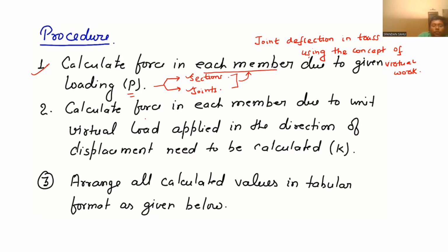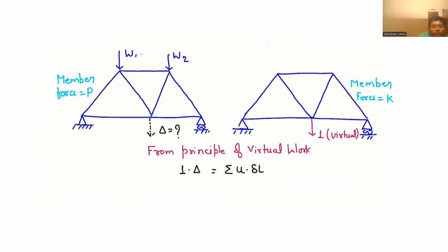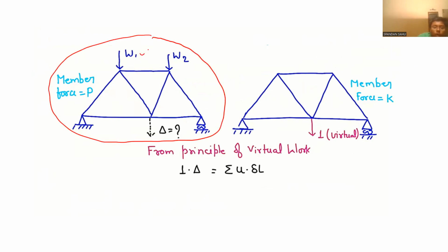The second step will be to calculate the force in each member due to a unit virtual load. That means, see this figure. This is our original truss structure where W1 and W2 are the external loads. By the method of sections or method of joints, we can first determine the force in all those members. After we are done with all those member forces, which we generally call the P force system,